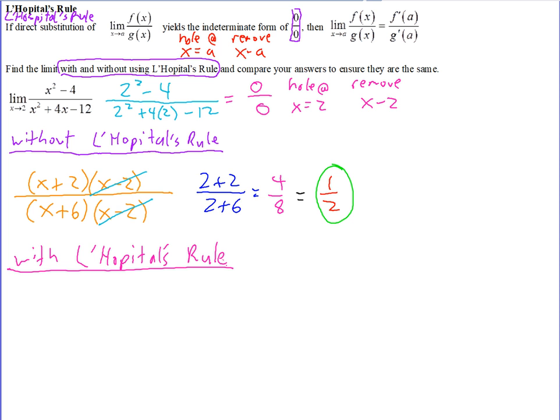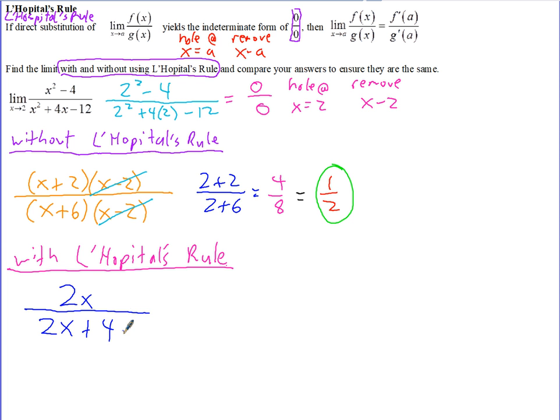All right. So when you get 0 over 0, L'Hopital's rule says you can take the derivative of the numerator and denominator separately. Again, not using the quotient rule, so not to get it mixed up with that. We're not trying to find the derivative of this whole expression. Our goal is to figure out what the limit is. So the derivative of the numerator, you can see, derivative of x squared is 2x. The derivative of negative 4 is 0, constant by itself, divided by derivative of x squared 2x, derivative of 4x 4, derivative of negative 12, 0,